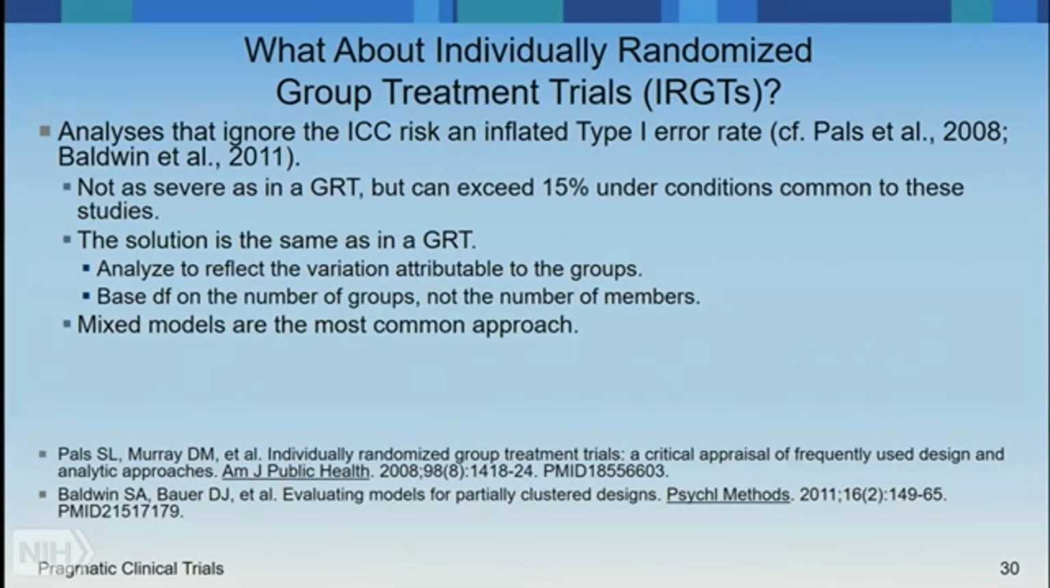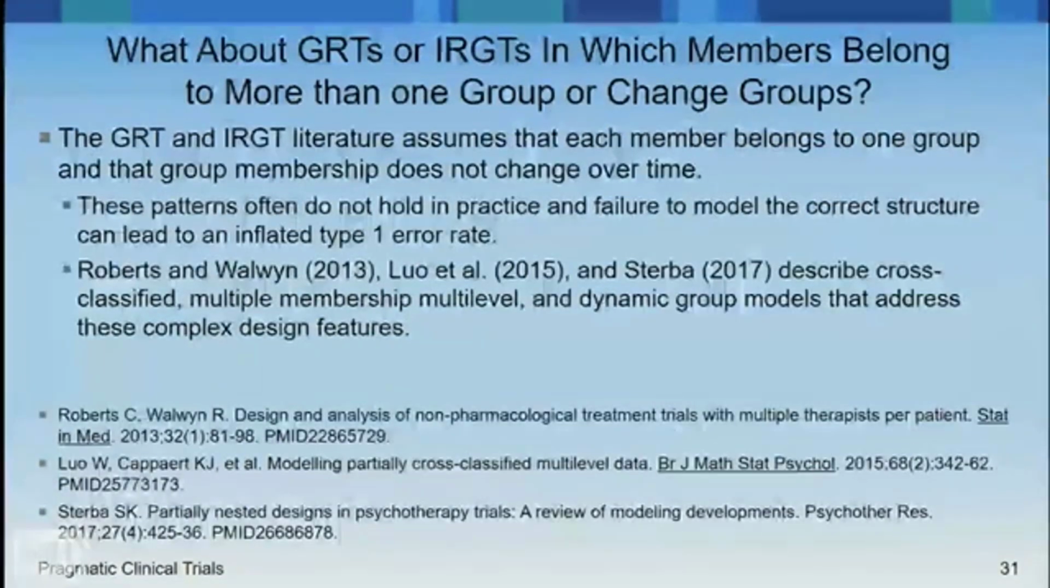Analyze the data to reflect the variation attributable to the groups. And mixed models are the most common approach. What about a situation in a group randomized trial or an individually randomized trial where people change groups or clusters over time? I'm not talking about changing arms. They don't move from intervention to control, but they may move from a junior high school to a senior high